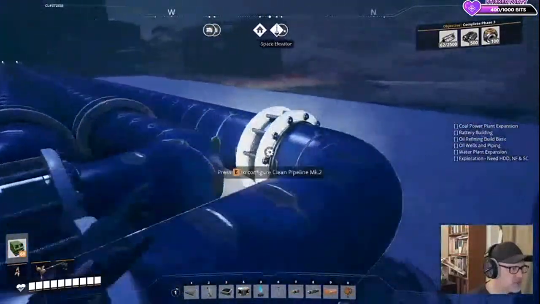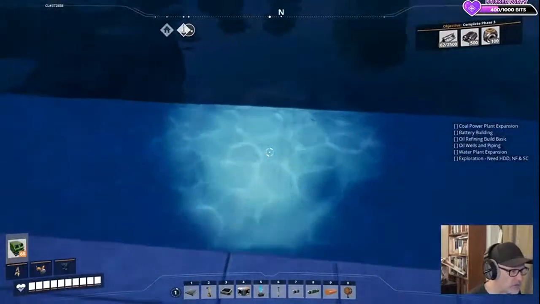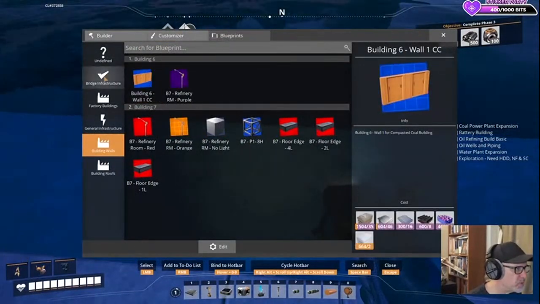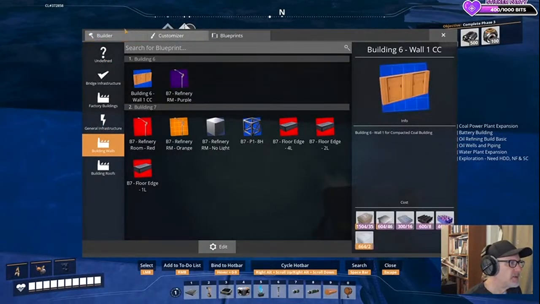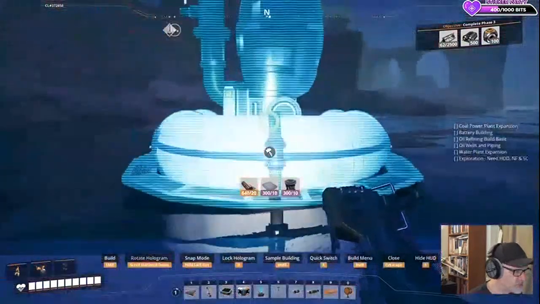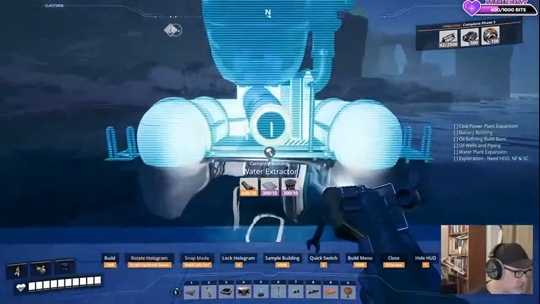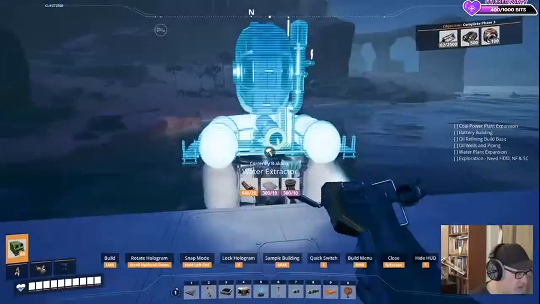So that one's fine. Anyway, let me go ahead and show you why you want to do this. Once you get the hang of this, it'll make building these dumb things so much better. These things are one of the hardest buildings to place, because normally they're free form, you can get them anywhere you want. Let's see if I get it over here. However,